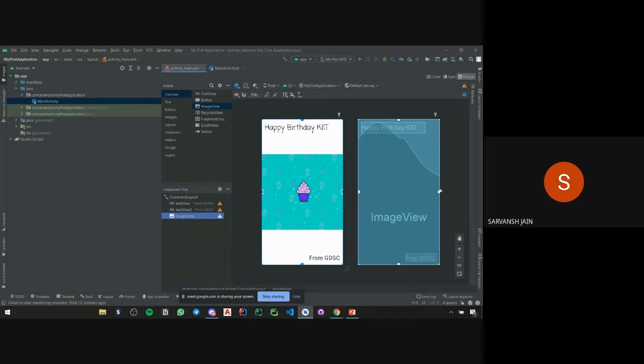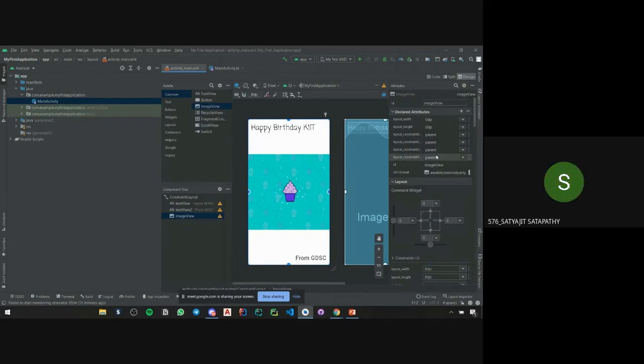Are people with me, or are you lagging behind a bit? You guys are doing it with me, or you're not? Yeah, we are doing. Yeah, where are the size, bold, where are these available in attributes? I can't find them. What? You can for text, for the text I added. So mute yourself. I'll tell you.